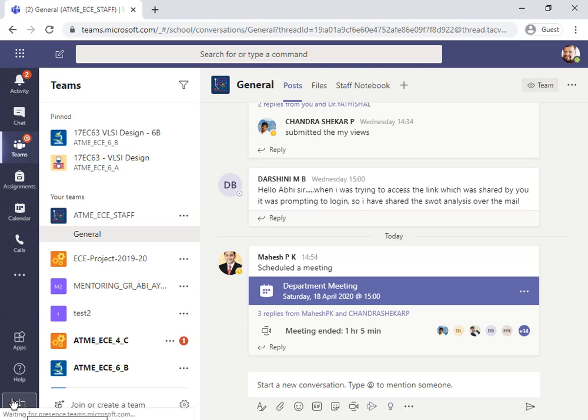Right in the panel itself, you have an icon which says download the desktop app. You can directly click on that, and the download will start. That can then be installed, and similarly there's an app even for Android and iPhones, so you can install them also. And you can configure Teams again by just a login there.